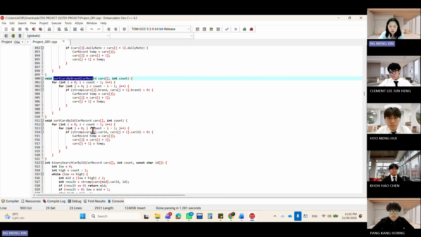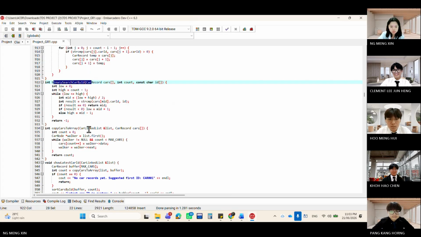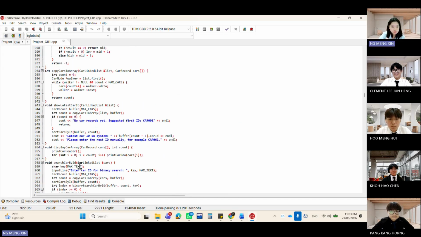Next is searching algorithm, binary search. So this one, binary search. Binary search is used to search car records by car ID.